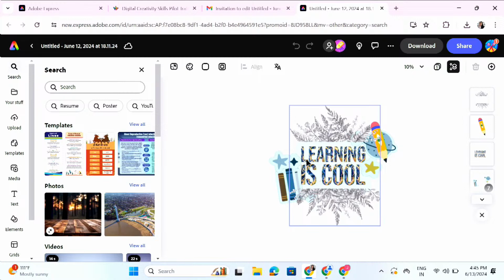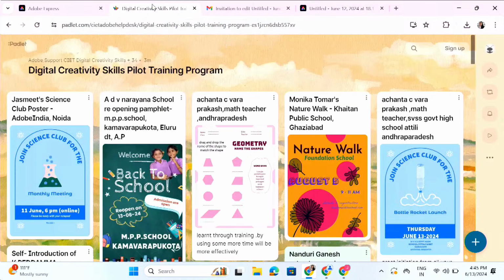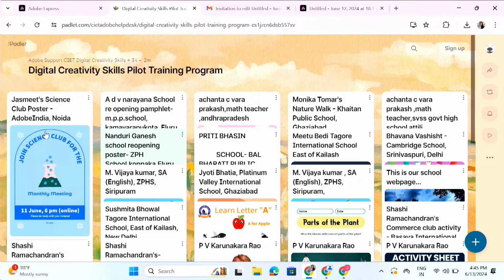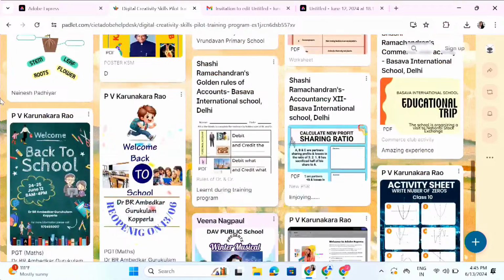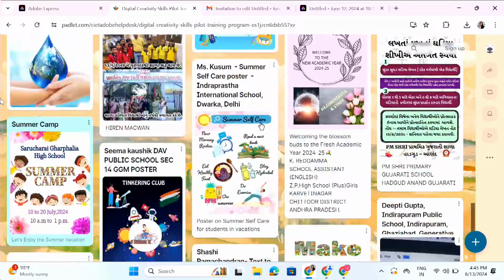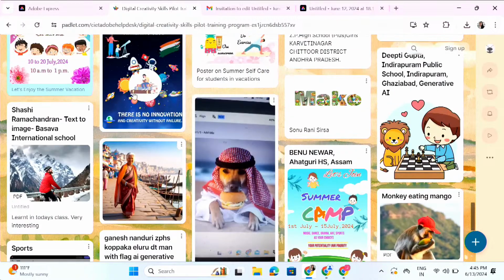So ma'am, as you also mentioned that our viewers can share their creations with us, do we have those creations on Padlet yet? Yeah, I'm going to just go to the Padlet, and I'm very excited to see if we have any new creations. So I'm just going to very quickly refresh this and scroll right to the bottom so that I can see my new creations that have come in. And I think so, yes, there are new creations that have come in.